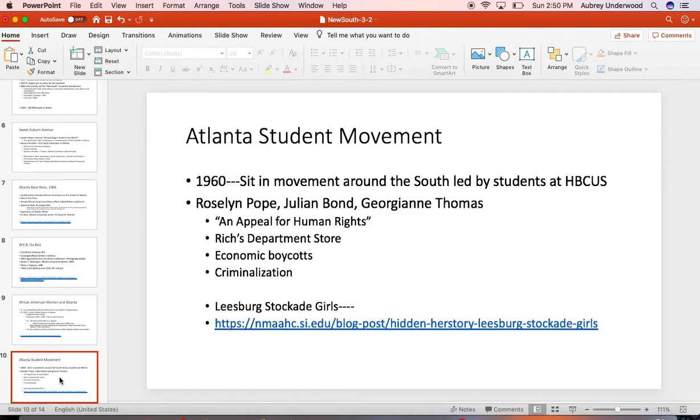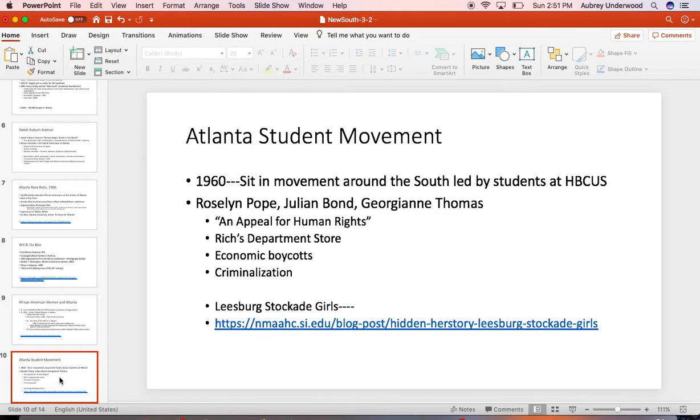Although somehow this didn't make it onto my slide, in the 1950s the Atlanta University Center is accused of being a hotbed of communist activity because it is creating this generation of social activists. If you're not as familiar with the communism of the 1950s, then you're probably more familiar with the Atlanta student movement of the 1960s and the significant way that students from Spelman, Morehouse, Atlanta University and Clark College were the vanguard of changing segregation laws in the city of Atlanta.